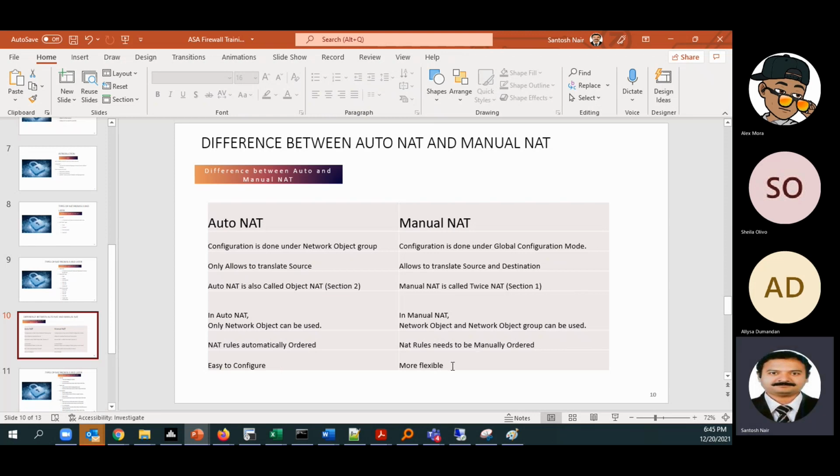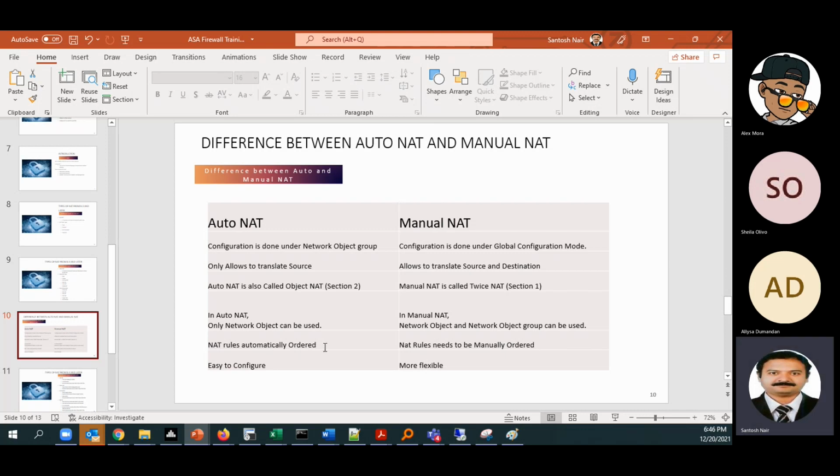We can try different types of things in manual NAT, as we mentioned, such as overlapping subnets, and we can NAT the destination also. So mostly we will use manual NAT in our network, because it is more flexible and we'll have more control.